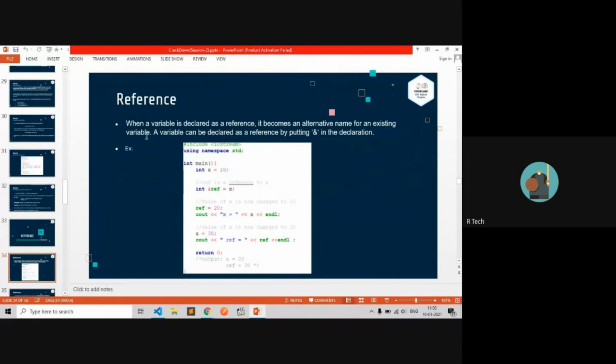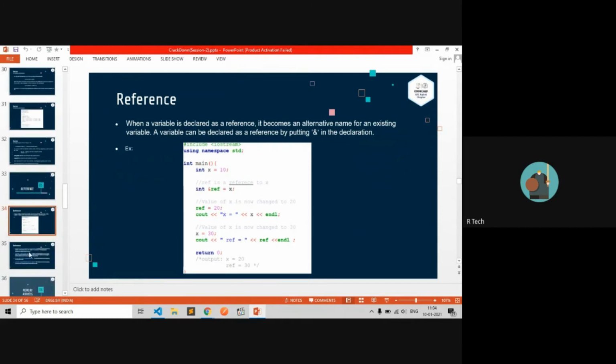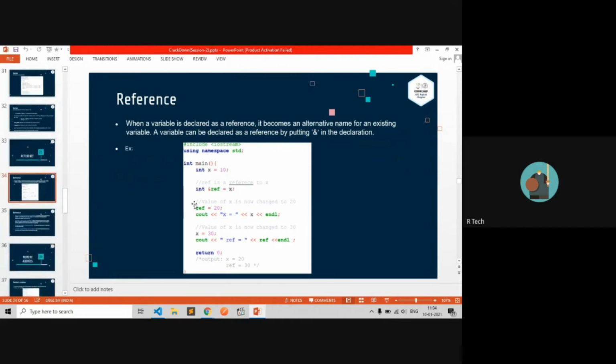So in C language, the address of a specific variable where it is stored is considered a reference. If you want to find some variable's address in C, then just use the ampersand memory address concept. So first let's look at reference.